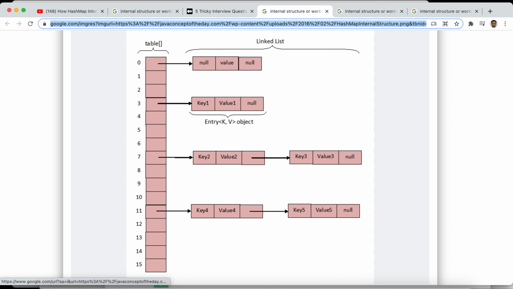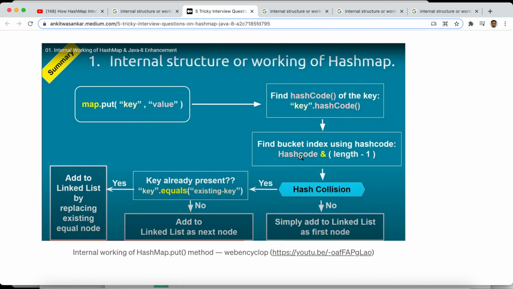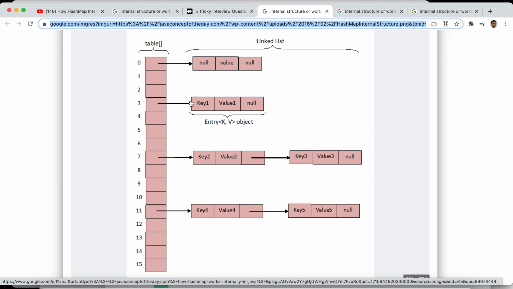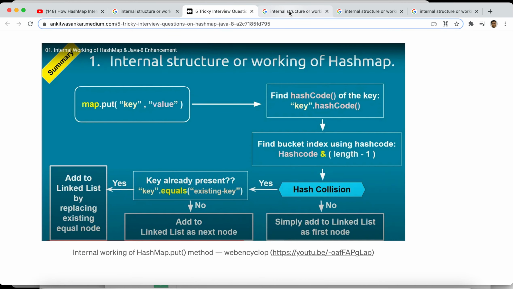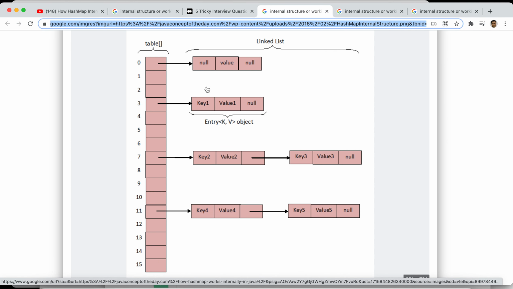But there are times this will result in a hash collision, meaning the index is not unique. For example, let's say the first time we put a value, it uses index 7.